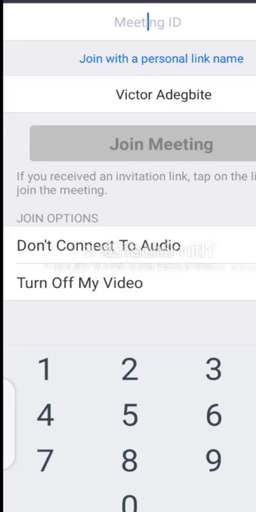Okay. So after clicking join, the students are expected to type their meeting ID here, which you should have provided. I told you where you should put it. And then after that, they'll click. Once that is done, this join meeting will be highlighted. Once your student clicks it, it will take them straight to the lesson, and you can teach